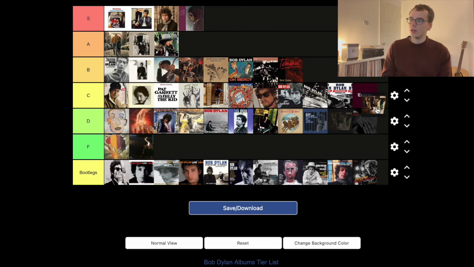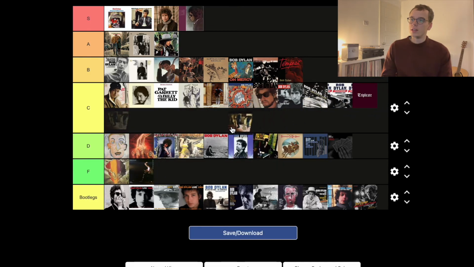I think the critics were a little bit OTT when they reviewed this album. It got absolutely rave reviews, and I think it was a case of there being such a drought in terms of Dylan's original work. Obviously it was the first original album he'd put out since Tempest. So I think there was a bit of a longing and lusting for original Dylan material, and it did fulfill that. It did quench that thirst to some degree, but for me, it doesn't go above C tier. So I'm going to put it in the C tier.